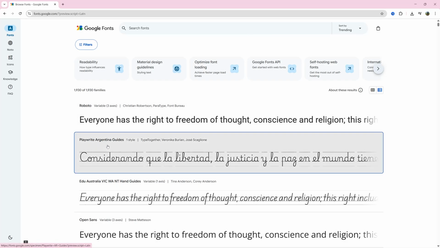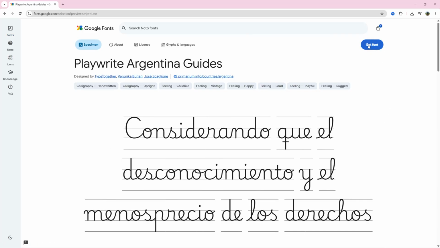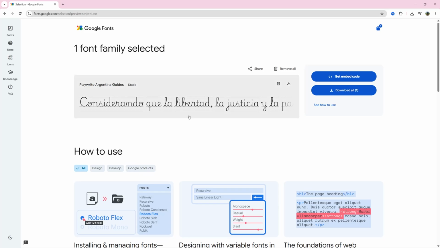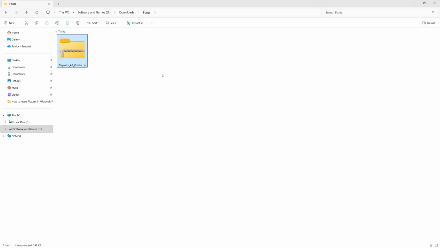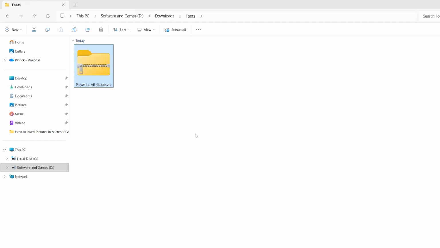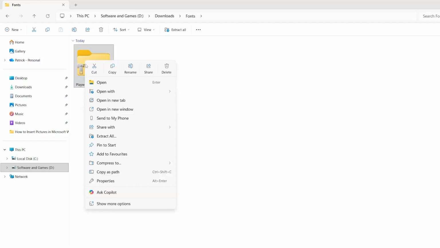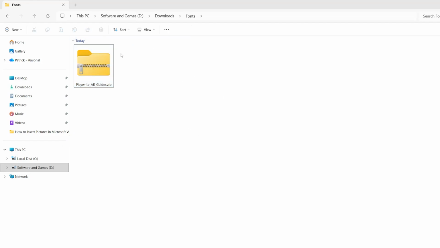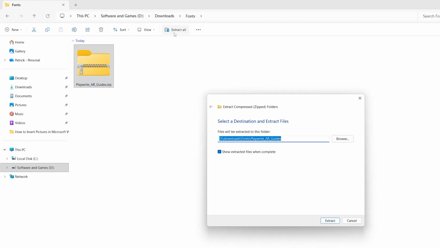I'm going to select Playwrite Argentina. From here, I'm going to select Get Font at the top. And sometimes there may be lots of variations. In this case, there's not. So I'm just going to click on Download All. Then go to the location in which you've downloaded the file. It will be downloaded as a zip file, so you've got to extract it. Either right click and click Extract All, or left click and click Extract All at the top, and then click